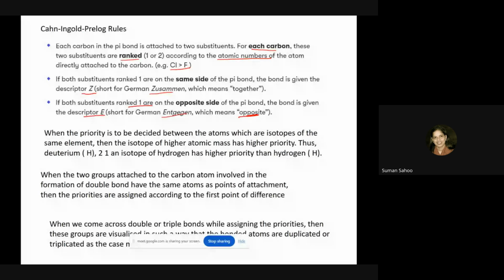And when the priority is to be decided between atoms which are isotopes of the same element, suppose we have hydrogen and deuterium, then deuterium will get higher priority as compared to hydrogen. And when the two groups attached to the carbon atom involved in the formation of the double bond have the same atoms as points of attachment, then the priorities are assigned according to the first point of difference. Suppose